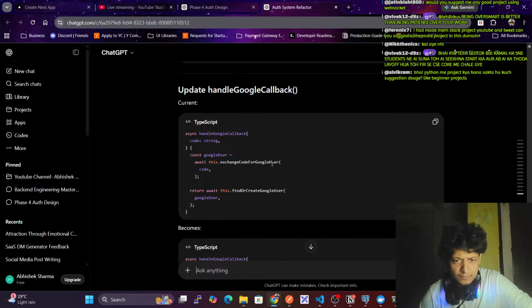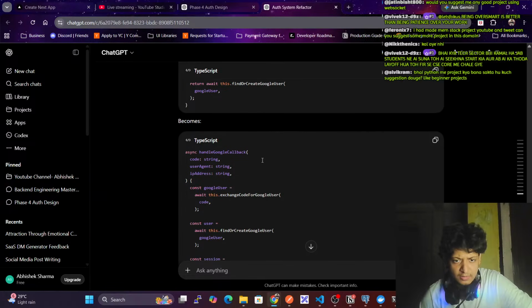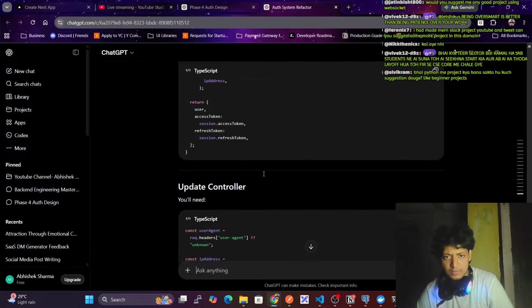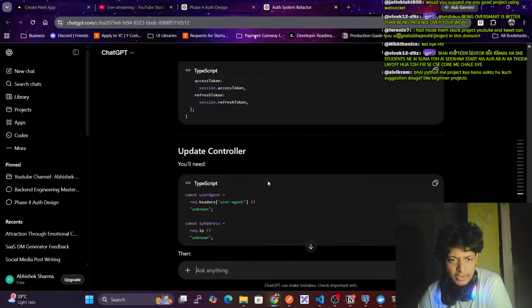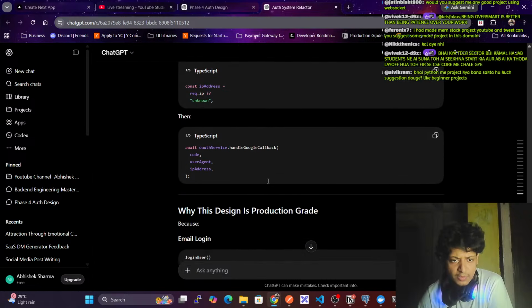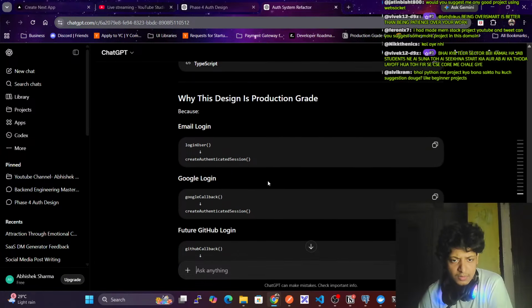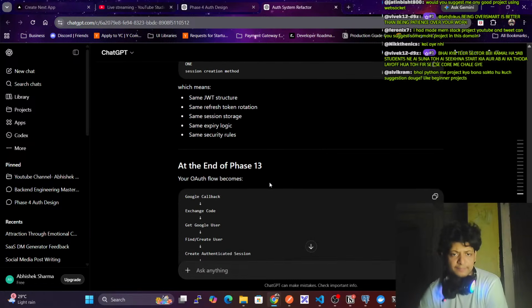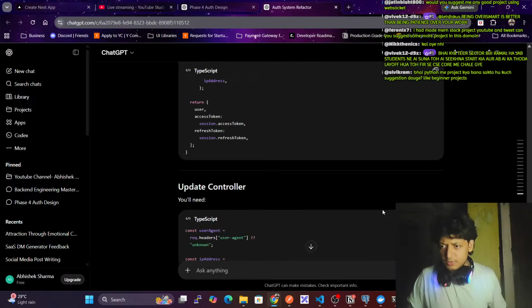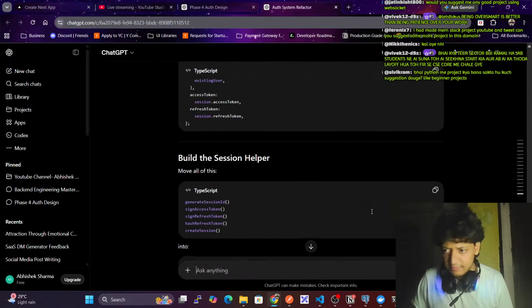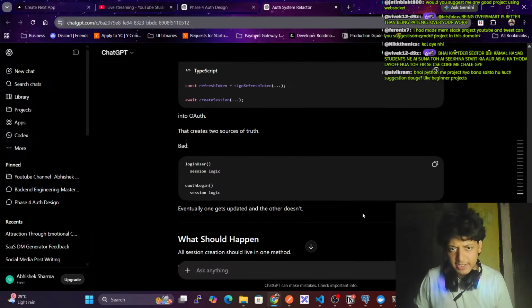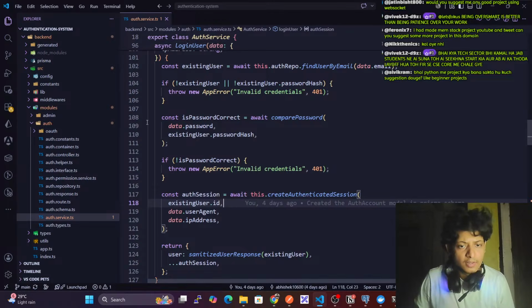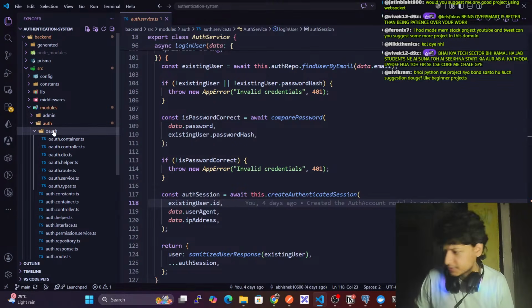Okay, fine. Okay, user, then we have this one, refresh token, update controller. Okay, interesting. Okay, so what we need is basically very simple. We already have the create authenticated session part. Okay, so what I can do is here in my auth,